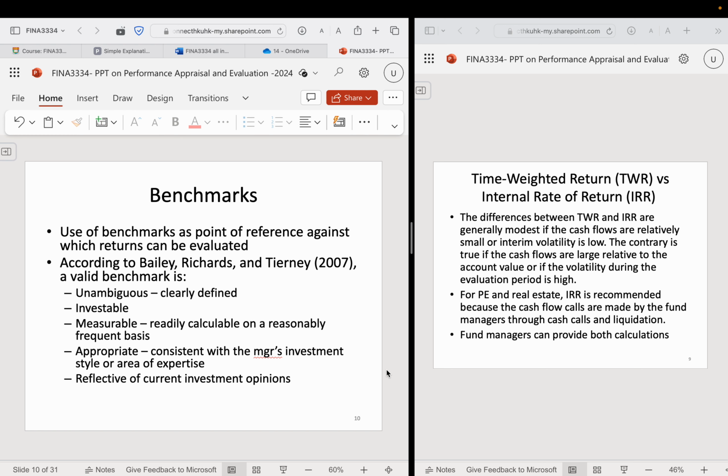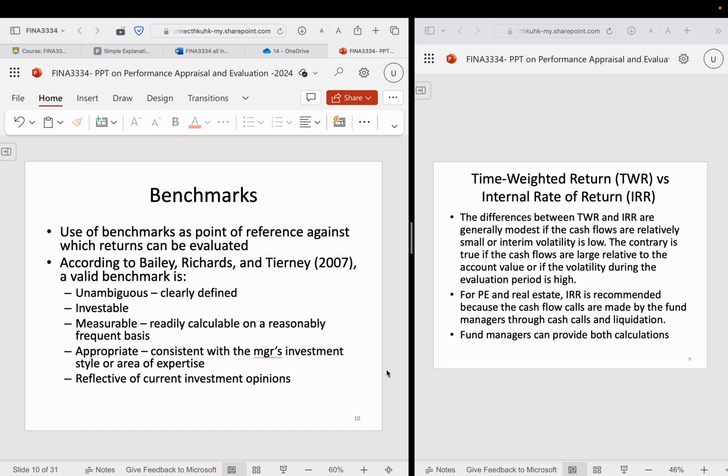What do you think will be the cash benchmark, assuming you're a US investor? People would like to use the 3-month US Treasury bill yield as the cash benchmark, because if you hold US dollar cash, this is what you invest in, and you get risk-free, or basically no risk, returns. That's why they will use the US benchmark.